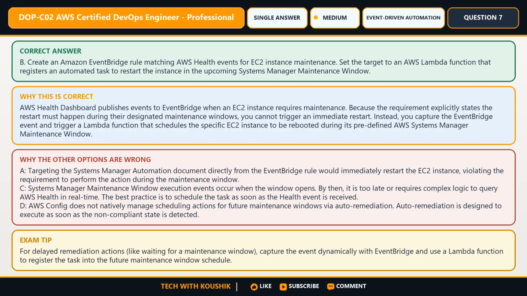In this case, choose option B. Create an Amazon EventBridge rule matching AWS Health events for EC2 instance maintenance. Set the target to an AWS Lambda function that registers an automated task to restart the instance in the upcoming Systems Manager maintenance window. This works because AWS Health Dashboard publishes events to EventBridge when an EC2 instance requires